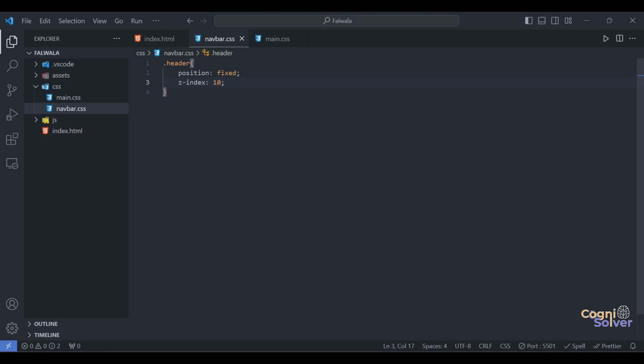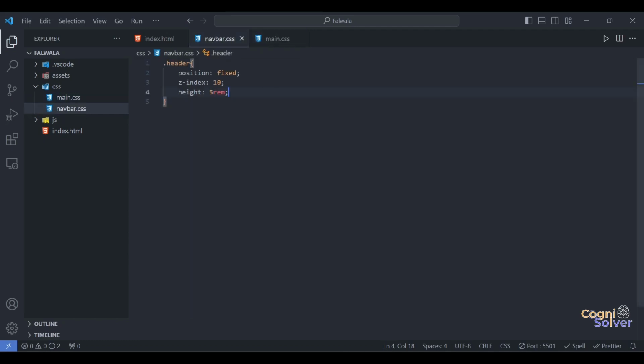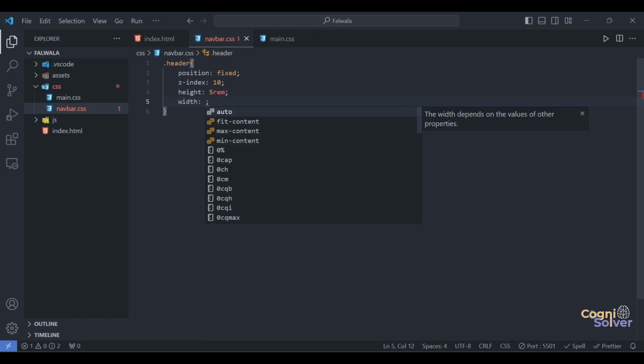Again, if you don't know what z-index is, please go through our previous videos in this series. I'll give a height of 6 rem, maybe 5 rem will be great, because of what we've defined. For font size we are defining 12 pixels, so 1 rem equals 12 pixels. What rem and em are, I already discussed in my previous videos. Then I'll give a width of 100%